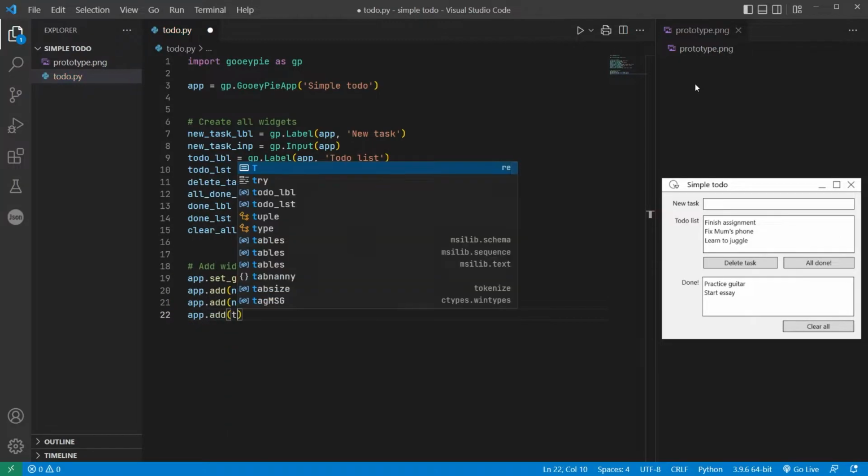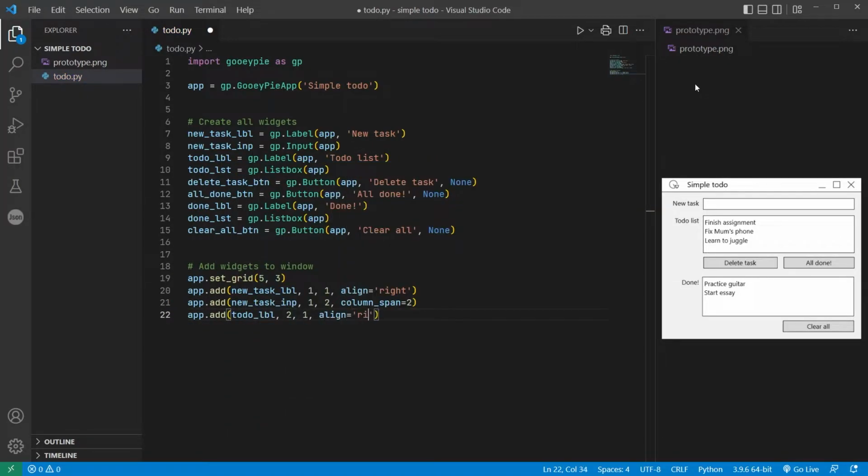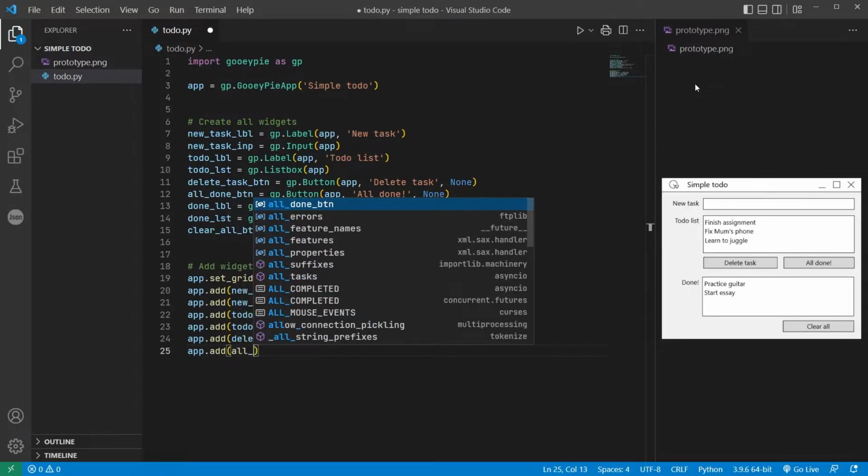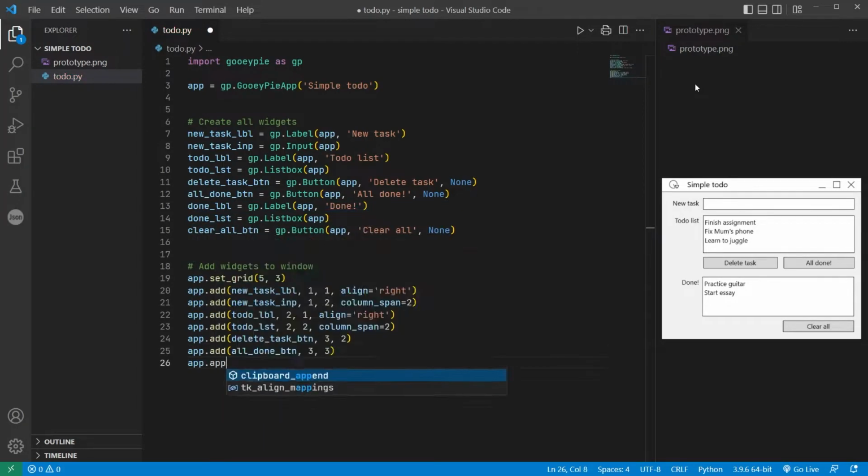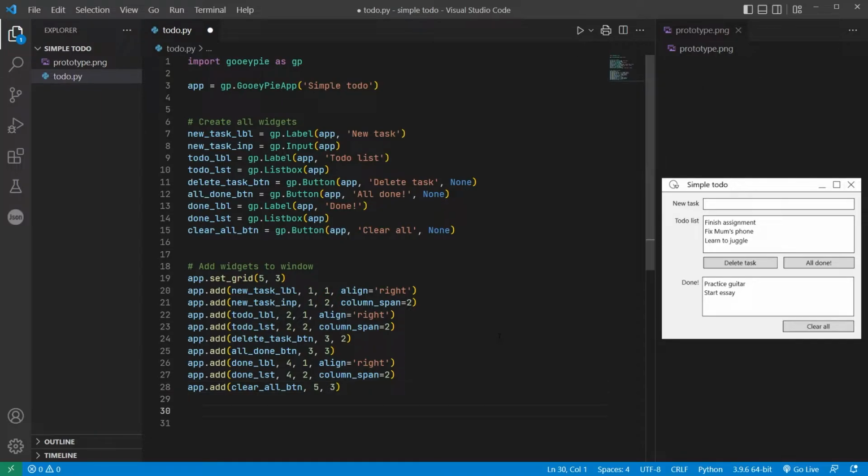The to-do list label is in row 2, column 1. The to-do list box is in row 2, column 2, spanning 2 columns. The first 2 buttons are in row 3, column 2 and 3 respectively. The Done label in row 4, column 1. The Done list box in row 4, column 2, spanning 2 columns, and finally the Clear All button in row 5, column 3. Well, that's a lot of code to write without running it, so let's call app.run as our